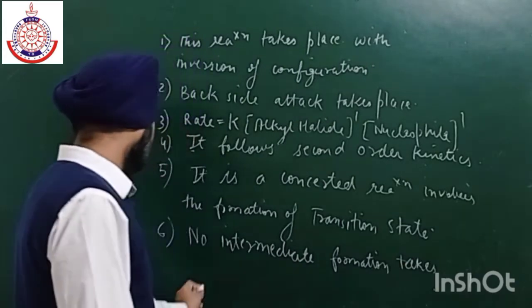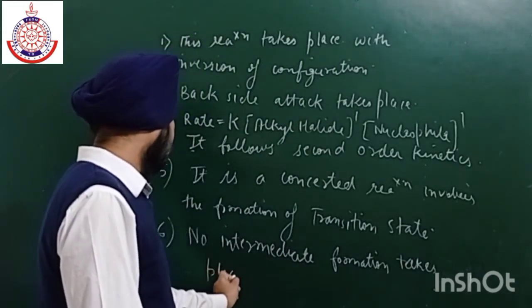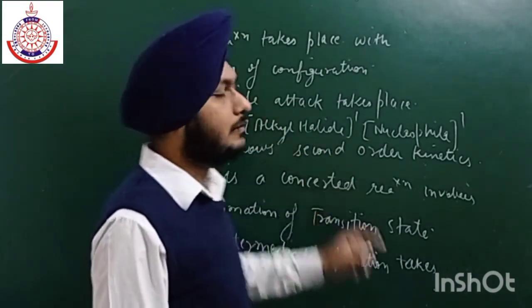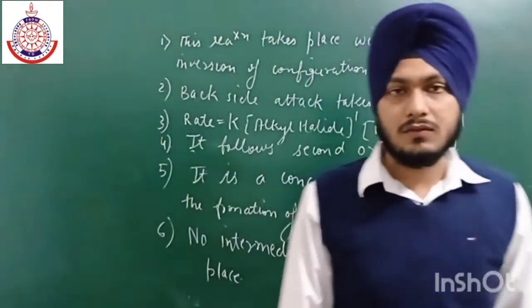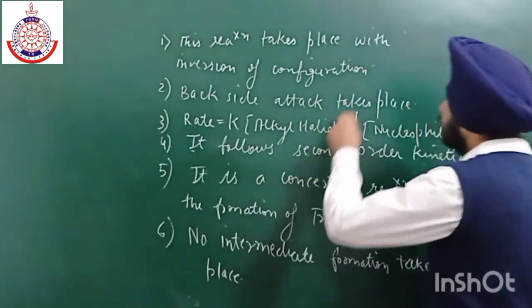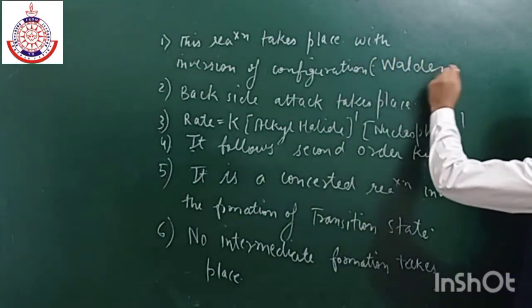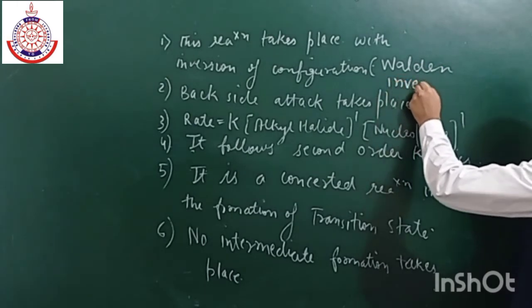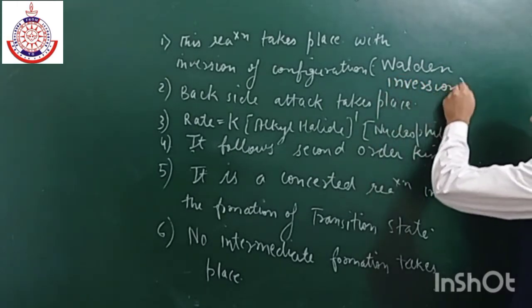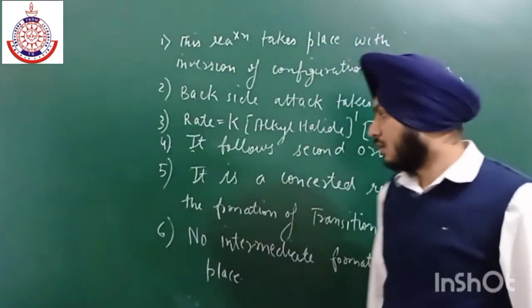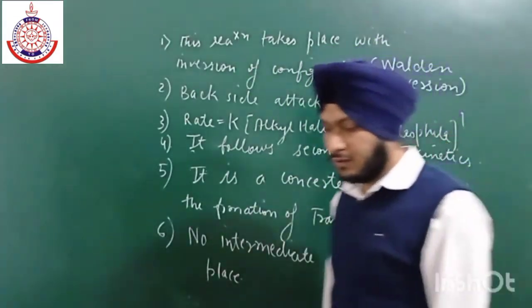Now this reaction takes place with inversion of configuration, and this inversion of configuration is also known as Walden inversion. Okay, so 100% inversion takes place in SN2. Okay, now these are the 6 points. Next point is